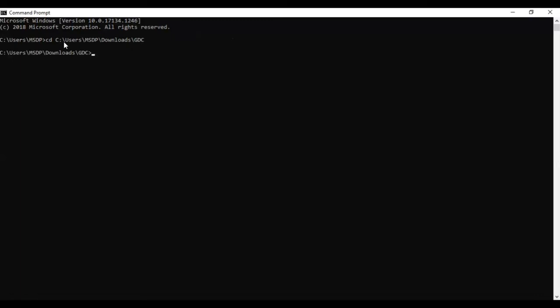Now we are going to see what options the GDC data transfer tool is providing for downloading or for uploading the data, and what the token files are, what type of command we have to give.